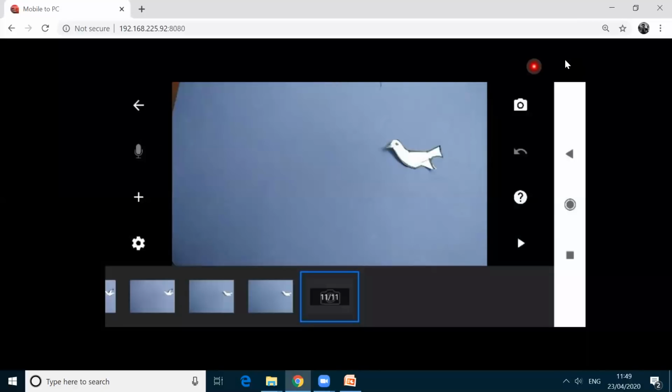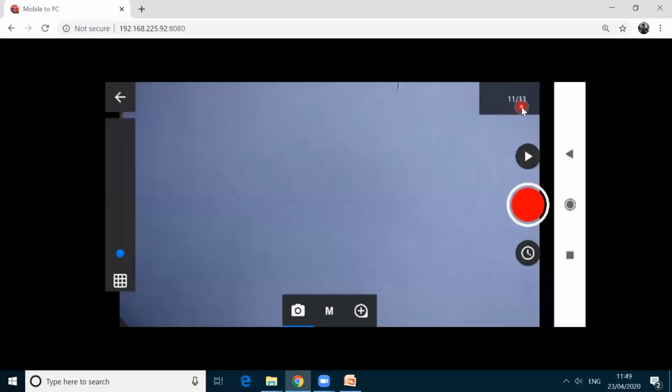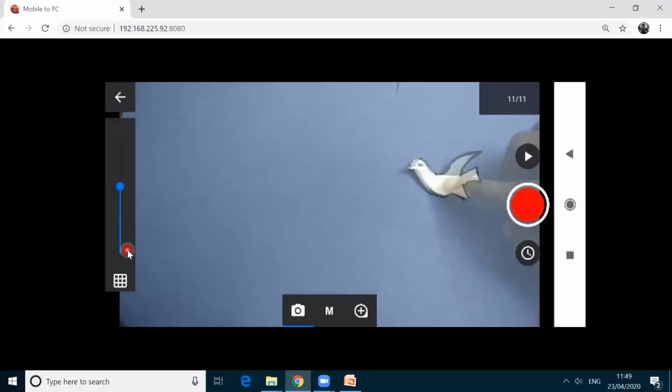I am clicking this camera option, and then I'm checking the last frame. The last frame is here. I'm moving this icon. From here, I'm going to move. Okay, let me move from here.